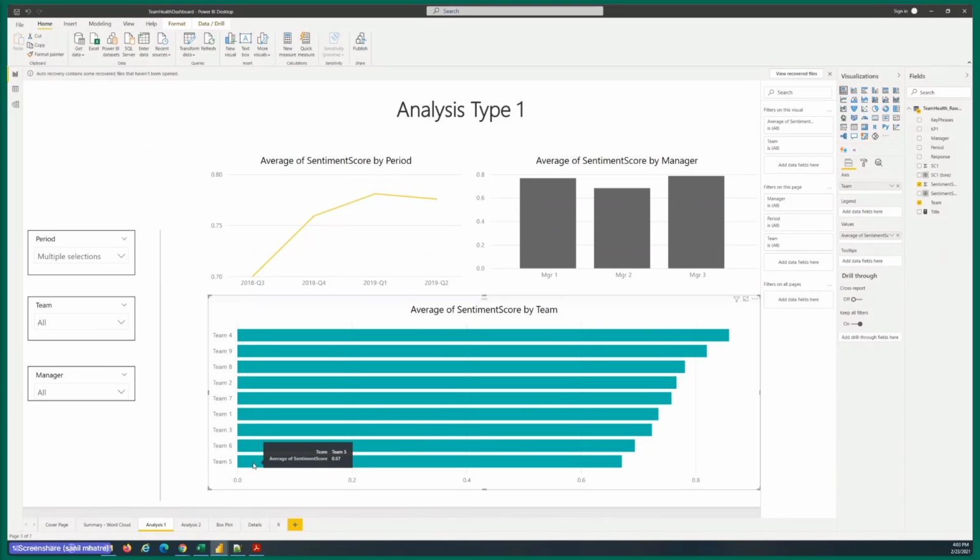It means that team 4 is doing something right, and they are experiencing great team health, and maybe team 5, team 6, team 3 can learn from the success story of team 4. Maybe team 4 belongs to manager number 3.